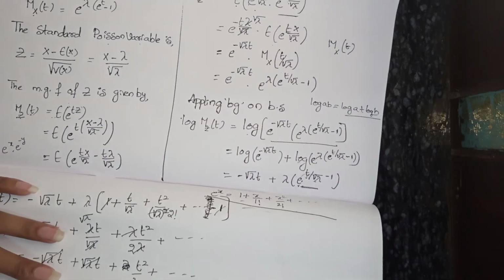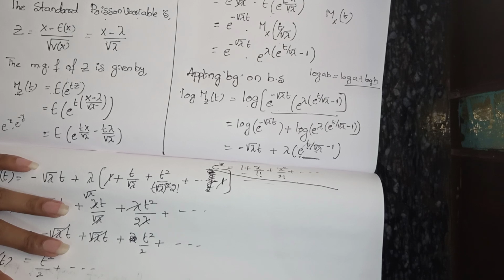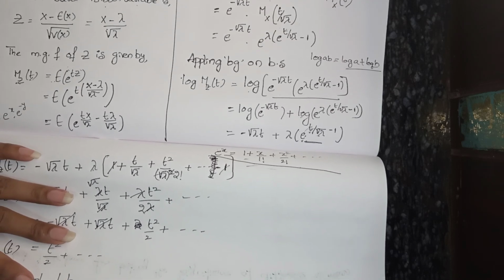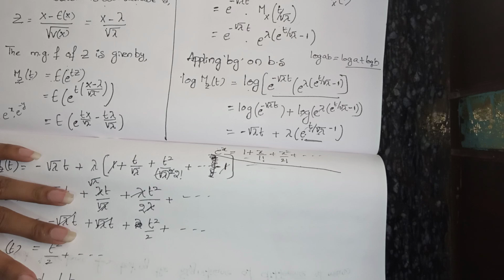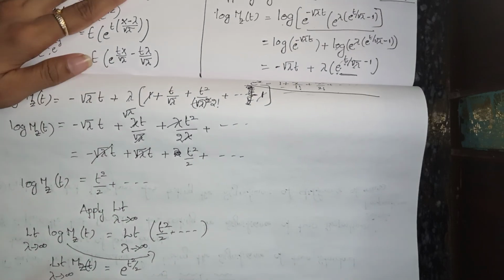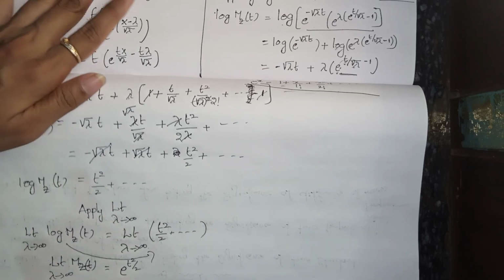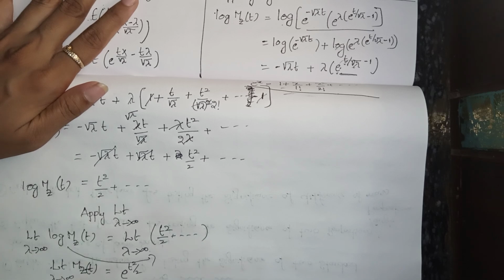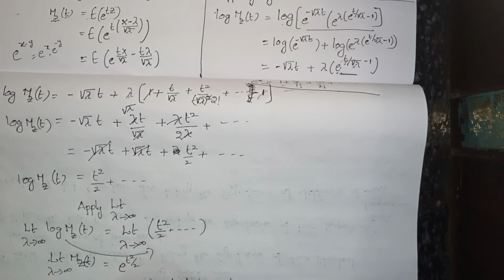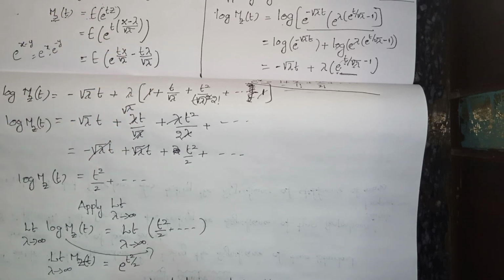This is very important. If you go through it 2 times, you will get it easily, so don't lose your marks. If you learn this one, Poisson will be easy; if you learn Poisson, binomial will be easy; if you learn binomial, Poisson will be easy. Because the same procedure is followed: first take z, then take log, and then take limits. So practice it, don't lose your marks.